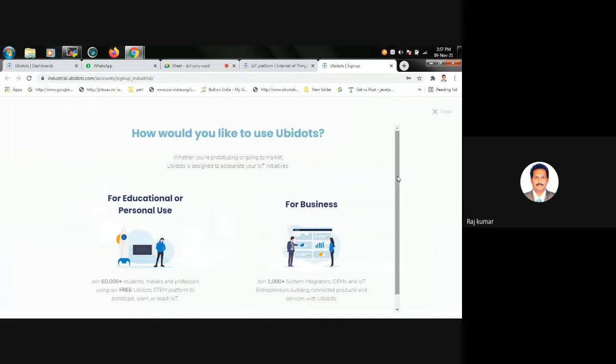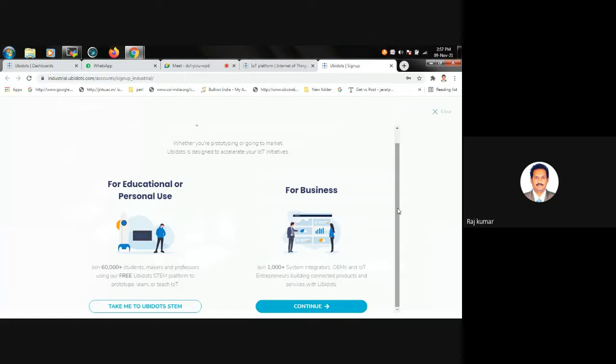Here you can see we have two types of provisions. One is for educational or personal use, and another is especially for business or industries. For educational, learning or personal use, if you want to develop any system, you can use this educational personal use, with unlimited access.